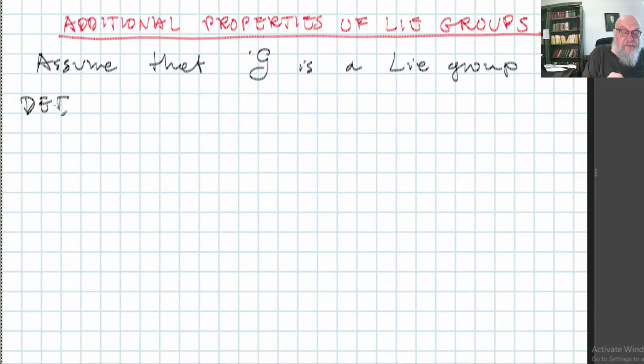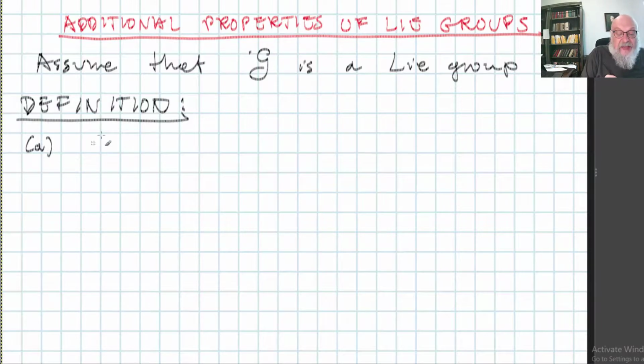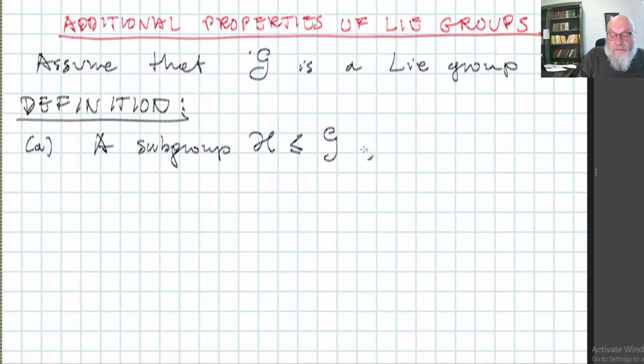Definition: a subgroup H, and we usually write H less than or equal to G to denote that this is a subgroup of the group G, is a Lie subgroup